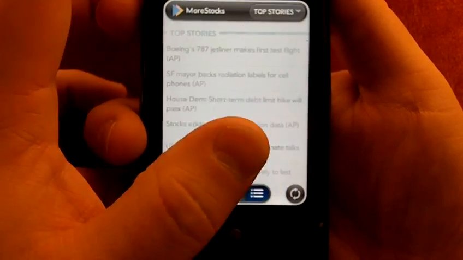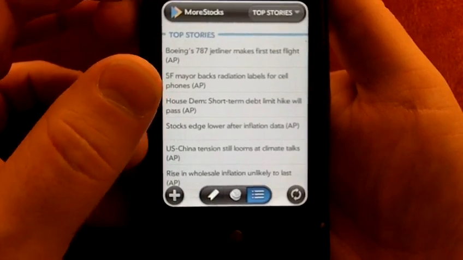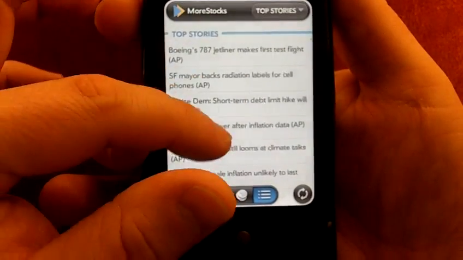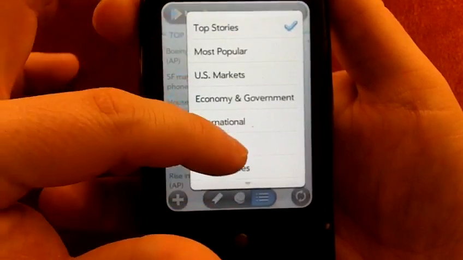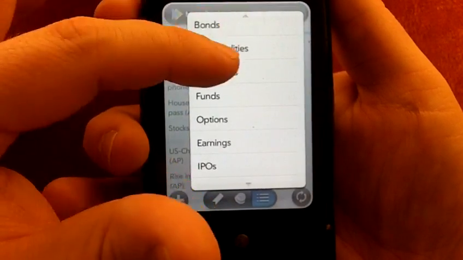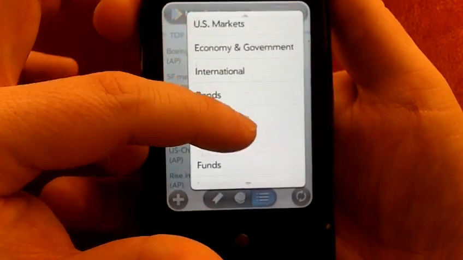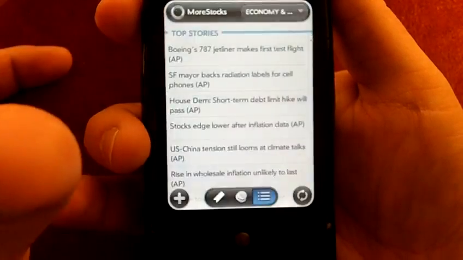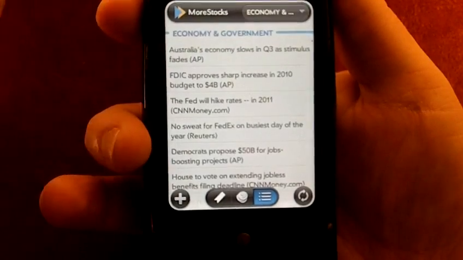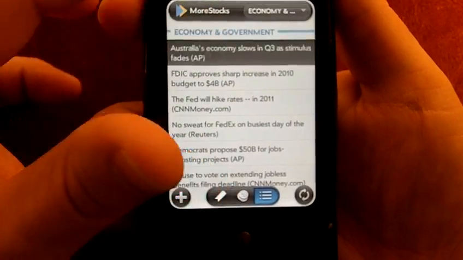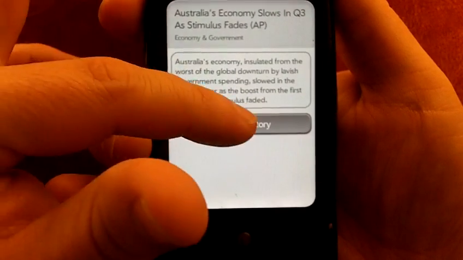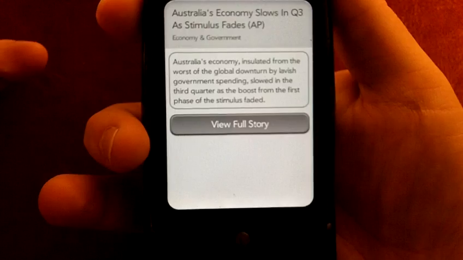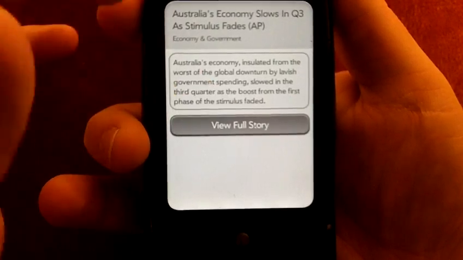You can also get news of the day. What's neat about this is how fast it is. It's going to get these top stories very quickly, and we can get all sorts of different ones. If you're into commodities, currencies, options, IPOs, international, here's economy and government. It's just boom, quick, which is very helpful and something like that. And the way it does that is it's only getting a small blurb for each story. If you want the actual text of the source, then you would click that and it'll send you off to